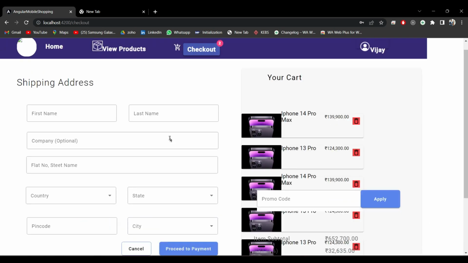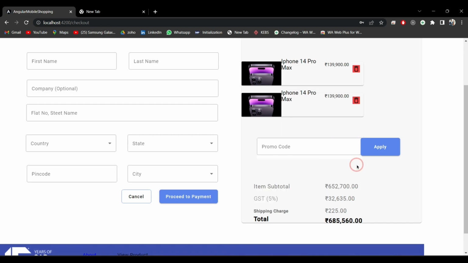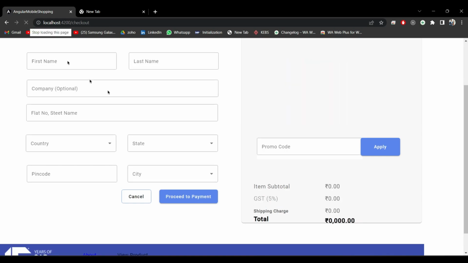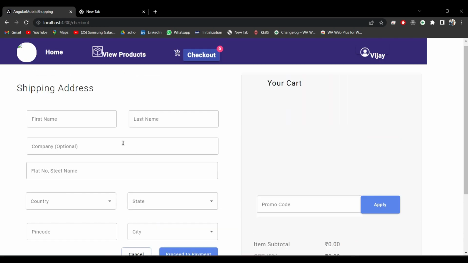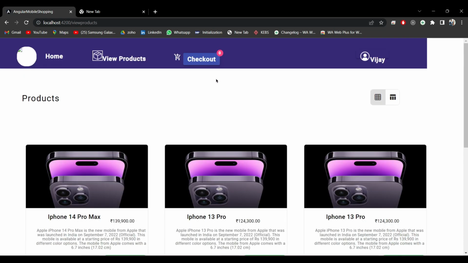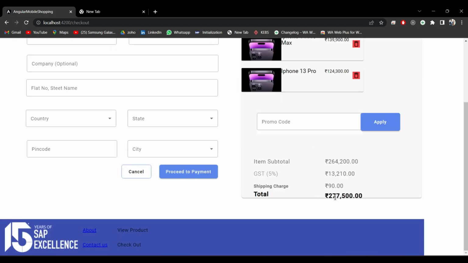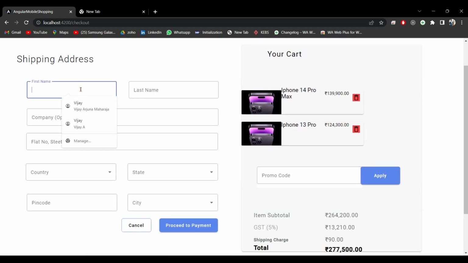Go to this checkout page and you can see the items. If I want to remove the items, I can remove them as well. Okay, so I will add this 13 and 14 Pro Max. It shows the subtotal as well. Give some name, Abhishek